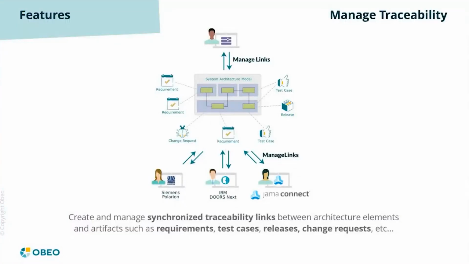So now we want to move on to the next feature, which is managing traceability. That's really the key feature with Jama, of course. So publication for Capella makes it possible to manage links between Capella model elements and anything hosted in a third-party repository, such as Jama Connect. And these links can be to anything. So we'll see requirements right now, and we'll see other things later.